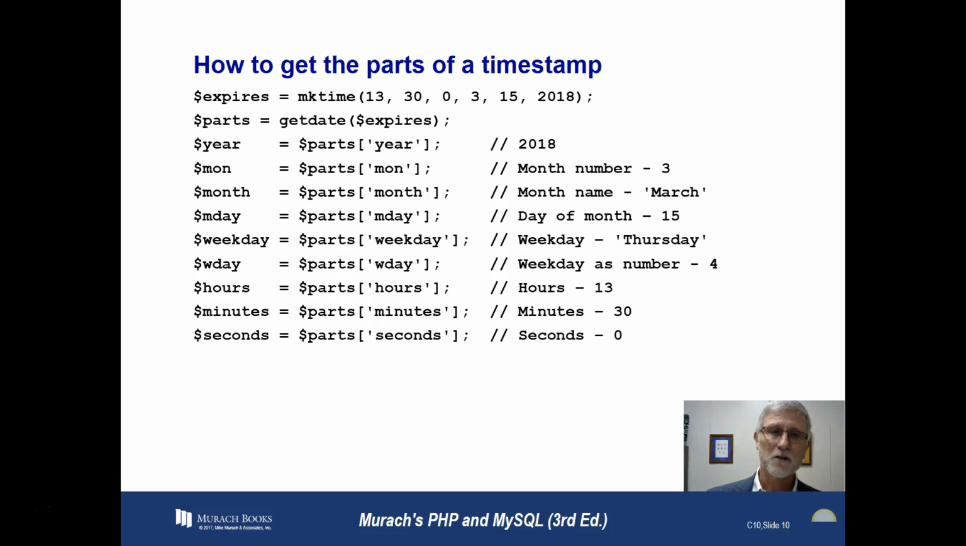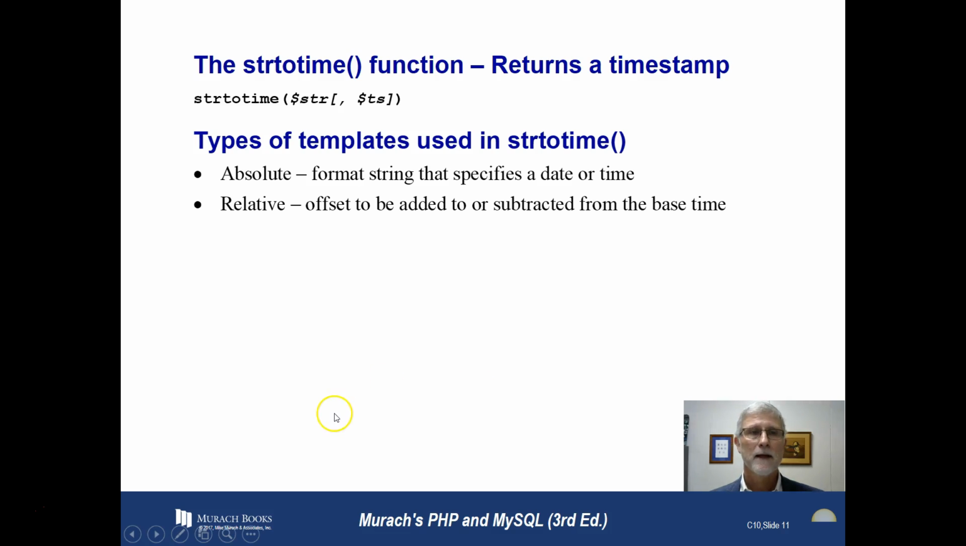So the parts function says, I will give you the year, the month, whether it's numeric, alphanumeric, whatever you want. You can give it different options to say, just extract that from the timestamp. So now,